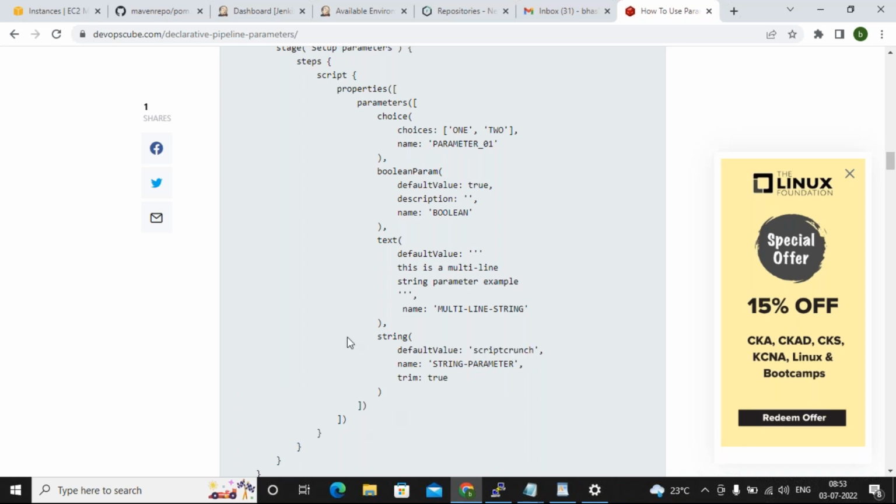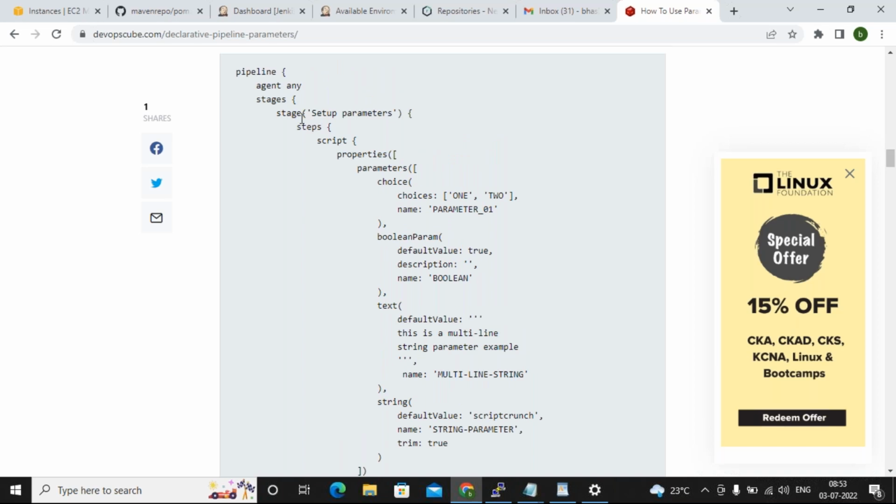This is how you make a separate stage for your parameters if it is a pipeline. For a freestyle job, there is a direct parameterized job option, right? If it is a pipeline, you have to add one more stage like this: stage, steps, inside steps script, properties, then parameters, whatever parameters you need.